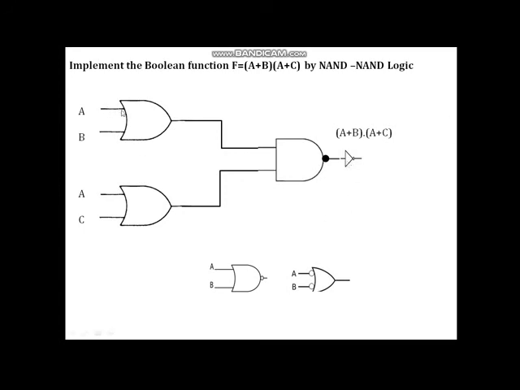Next, put a bubble at the input of the OR gate, right? To compensate this, you have to put another bubble on the same line. For that I am using an inverter. Instead of a bubble I am using an inverter here, because there is no other gate. Next, this is a bubbled OR, which is equivalent to NAND. So you can replace this by NAND. And an inverter can be implemented by means of NAND.